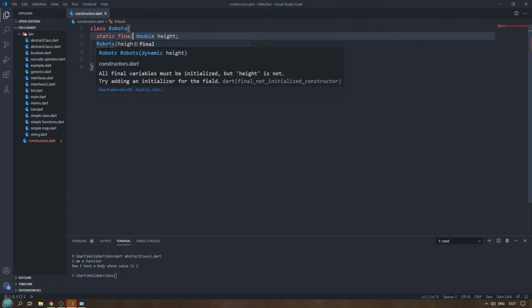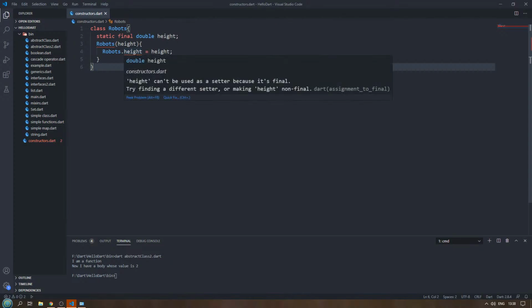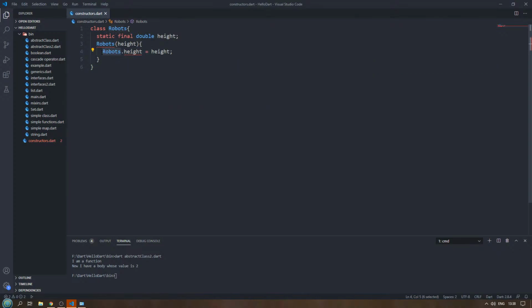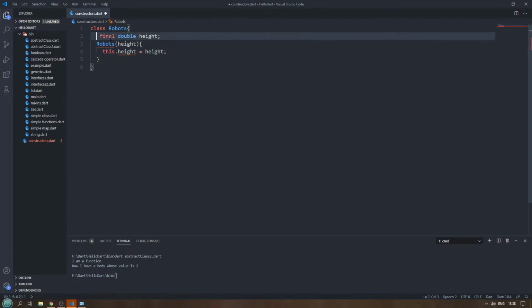Now, the reason it throws is that we are trying to initialize the height variable as a class variable. However, if I remove this and I say this, and I remove this static keyword and I save it, and still it says,